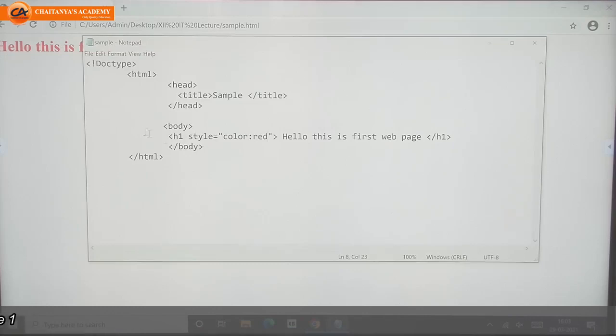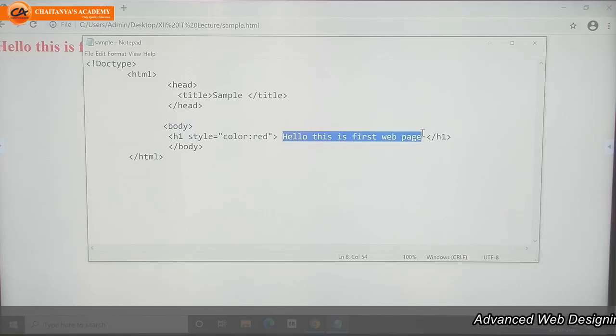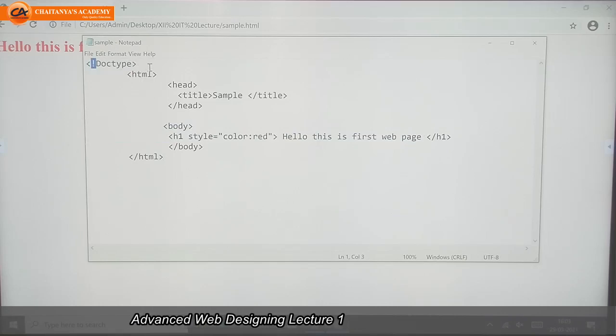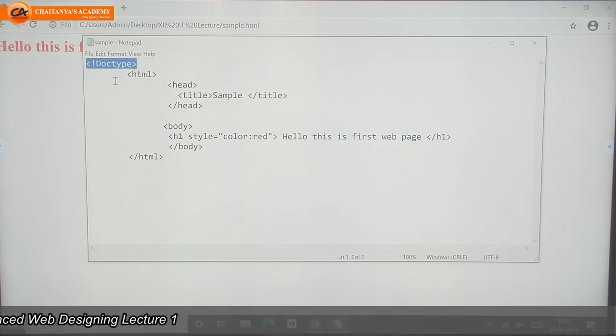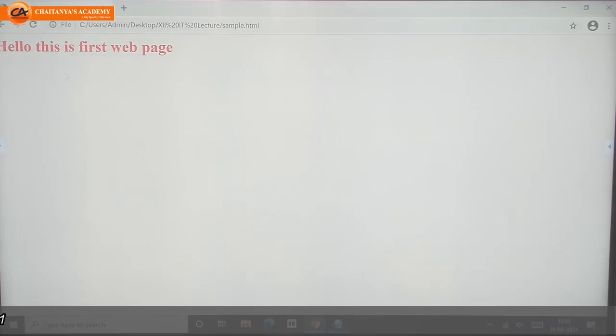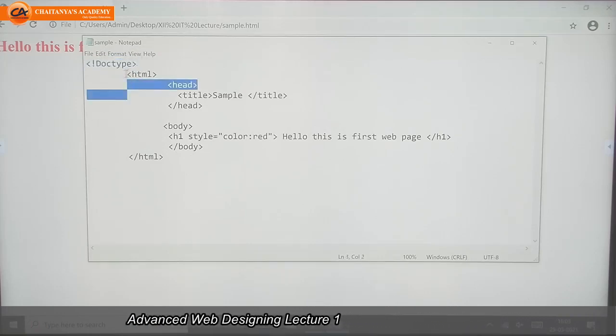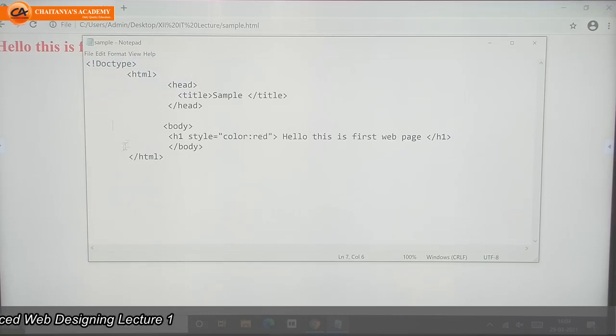We will learn about this style in next chapter in detail. Right now, just keep in mind what I did. I did a simple web page in which I declared a simple line of text. For that purpose, what main tags do I need? First, doctype. This is only an informative tag. It tells the browser what type of document it is. It is an HTML document. So first tag is HTML tag.